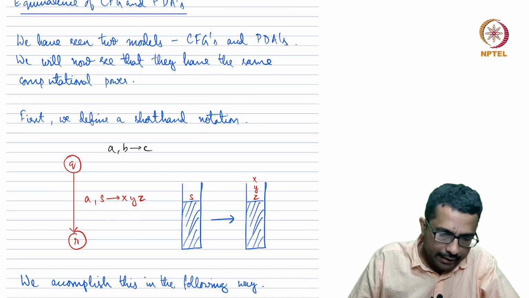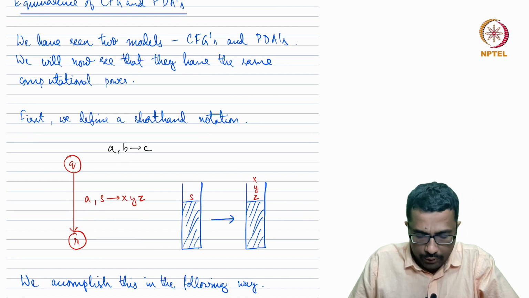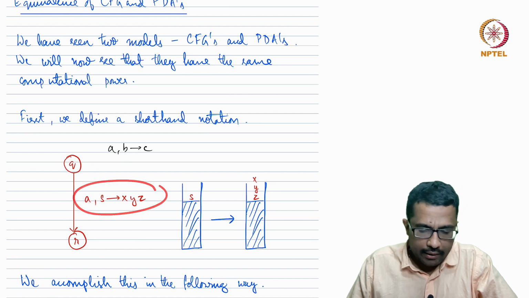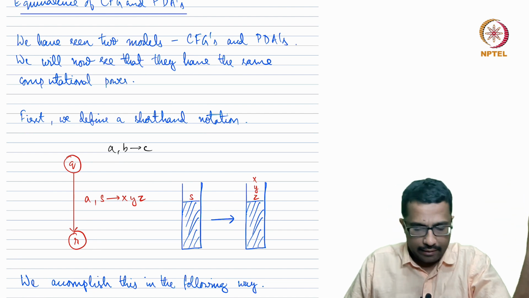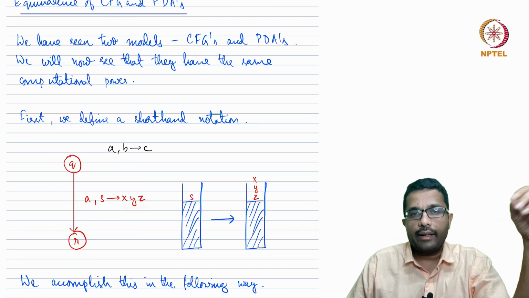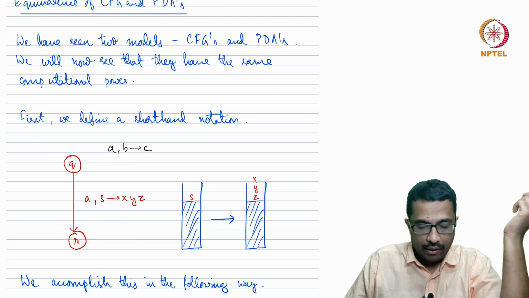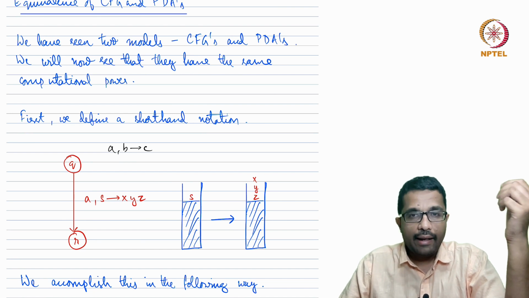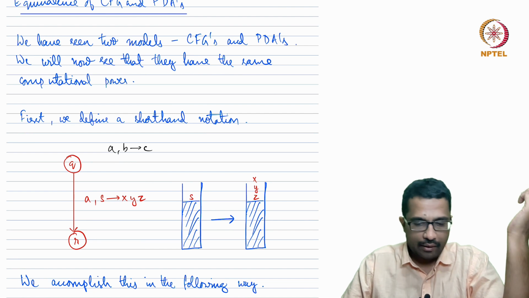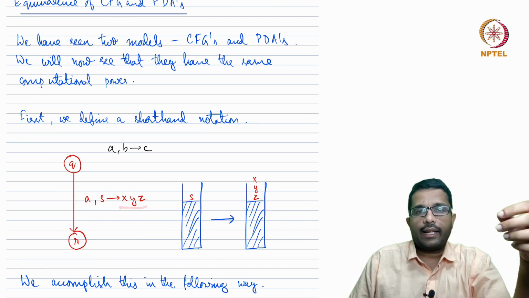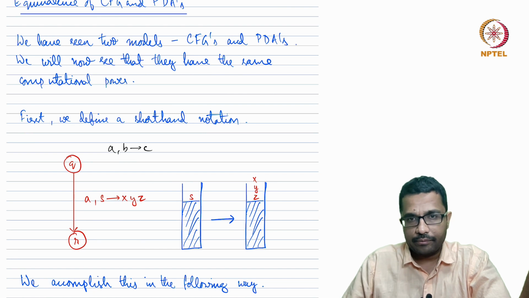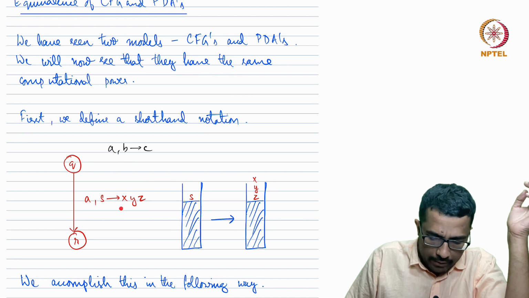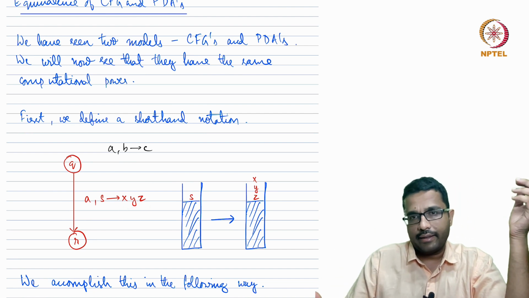Now we are going to see a slightly different type of notation where you say things like A comma S arrow XYZ. So what does this mean? This means that it's the same except that XYZ is not a single symbol. You read A from the input that is provided to the machine, S from the stack, S is again a symbol or empty, and you write XYZ onto the stack. XYZ is a string comprising the stack alphabet. So basically, instead of writing a single symbol, you are writing a string.